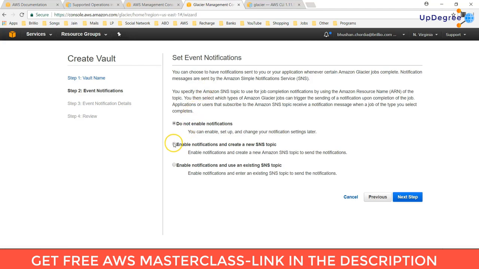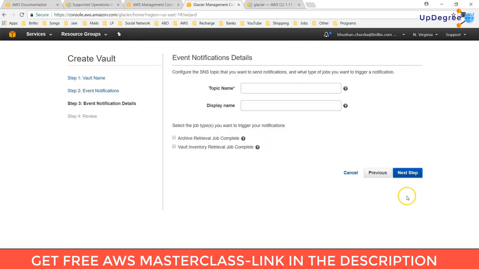So for enabling notification, you have to select this and you have to give the topic name. And you have to give the description for that. That is optional, but it is better practice to give. And when you will get the notification, you have to select the option.